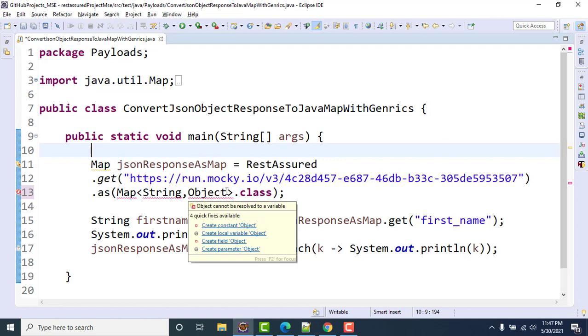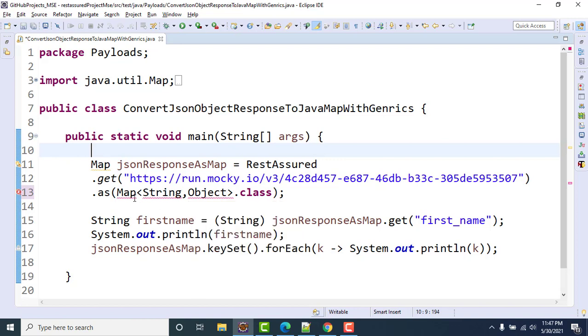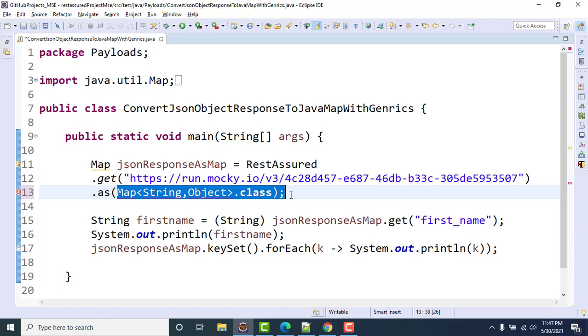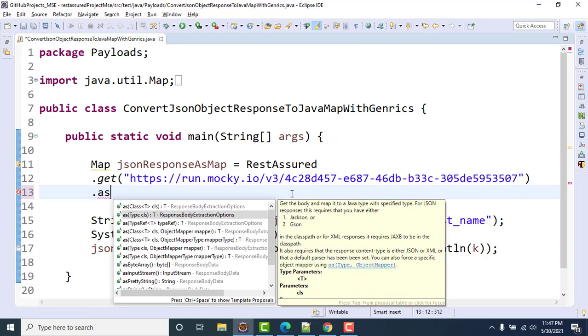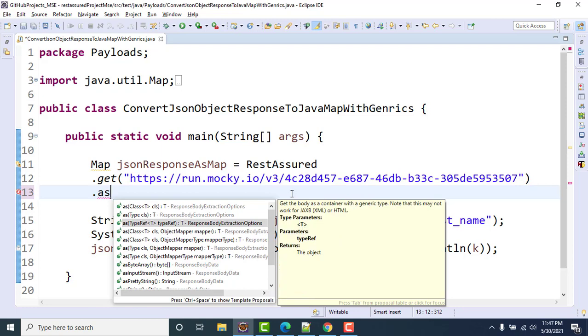If you want to mention any generic with any class like map, any generic type, you cannot use this way. That is the thing, you cannot use this way. So we have another way to do that. If you see the overloaded get method here, we have different arguments here.